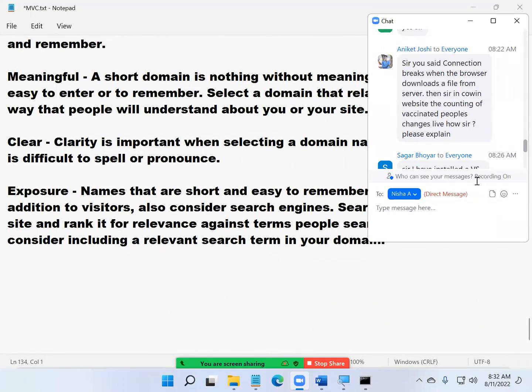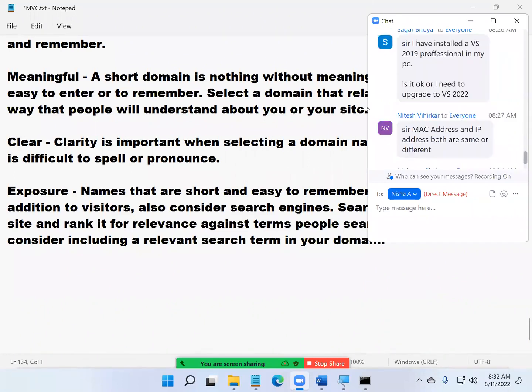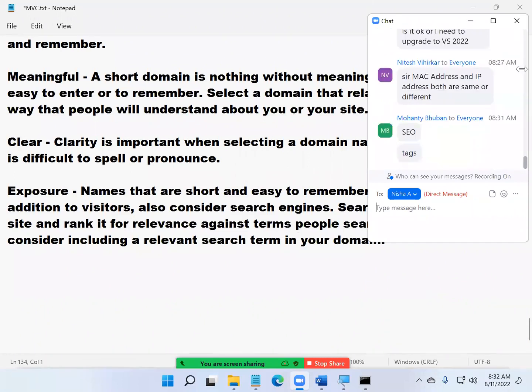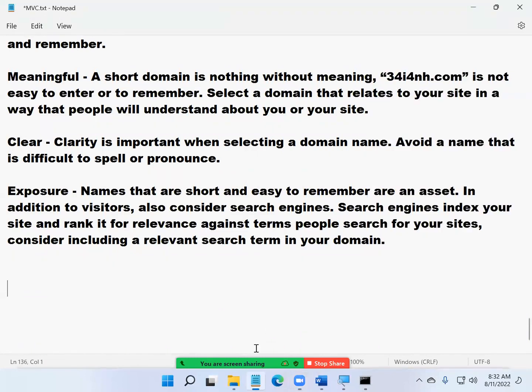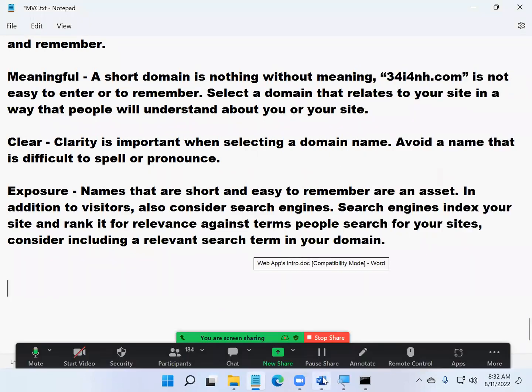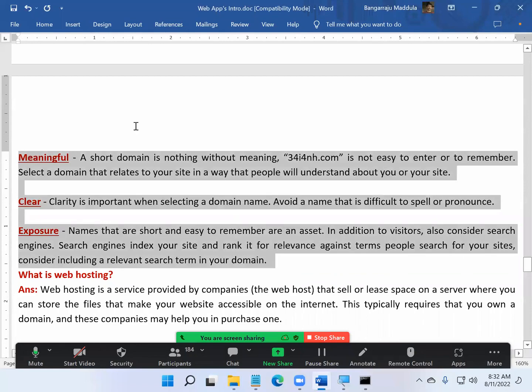How to auto refresh a page without resubmitting the page. Without submitting the page, how does the auto refresh work? The background connections will happen and the things will be updating for you. Okay, we'll see that here. That is also in our syllabus, so we'll discuss all those things.